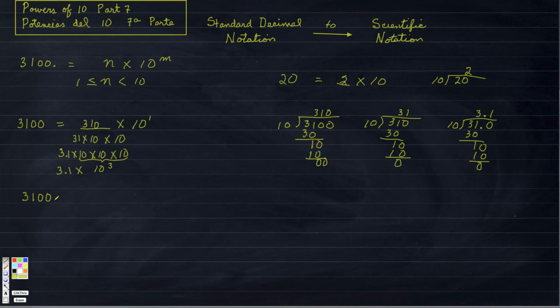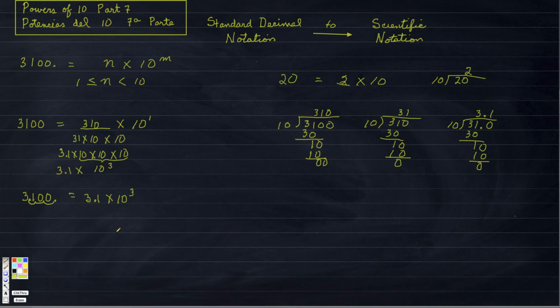So here is my decimal point. I will move my decimal point to the left 1 place, 2 places, 3 places. I don't want to go any further than this place because I want my n to be less than 10 but greater than 1. If I move it too far, it would become less than 1. So then I would end up with 3.1 now times 10, and this number of places that I move the point indicates the exponent for the 10. It would be 3.